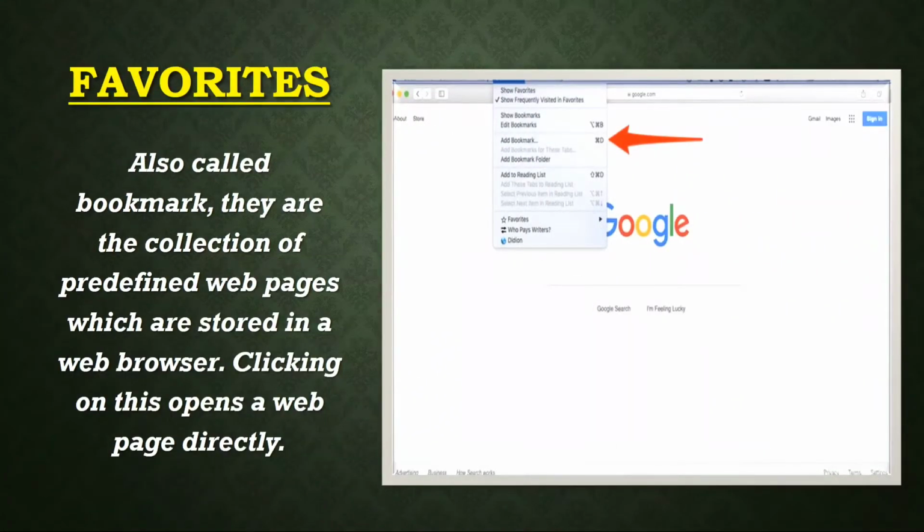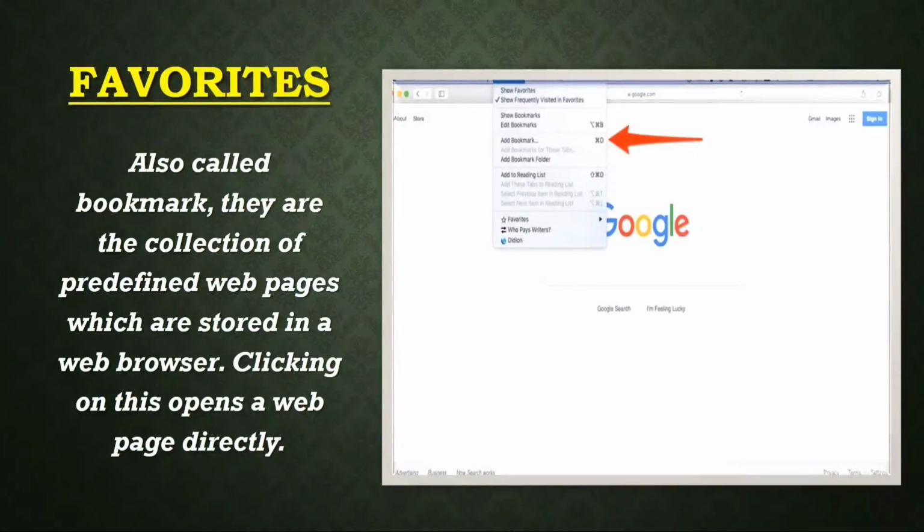Now the next part is favorite, also called bookmark. They are the collection of predefined web pages which are stored in a browser. Clicking on one opens a web page directly. If I give the example of a book, if we read any page and we want to read that page or line again, we put a bookmark to remember where we are, which line or which page we are reading.